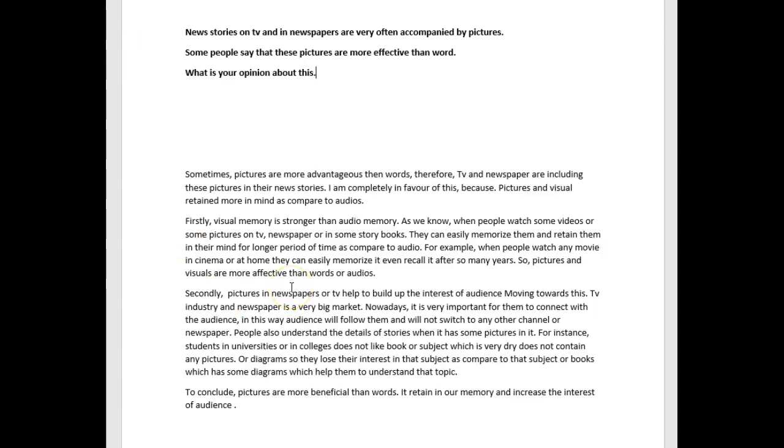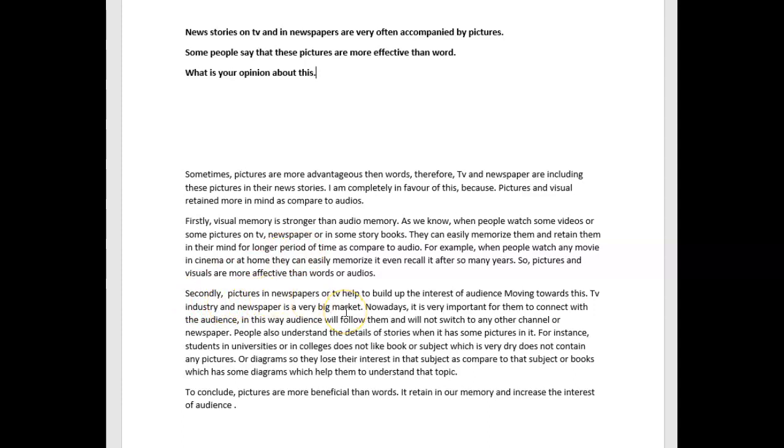Let's see your second paragraph. Secondly, pictures in newspapers or TV help to build up the interest of the audience. I don't understand this moving towards this. That doesn't make any sense. The TV industry, no, the TV and newspaper industry